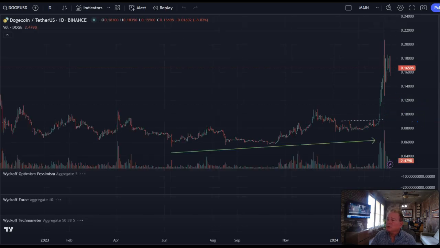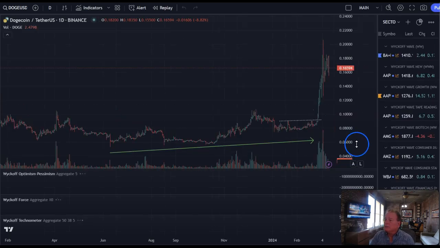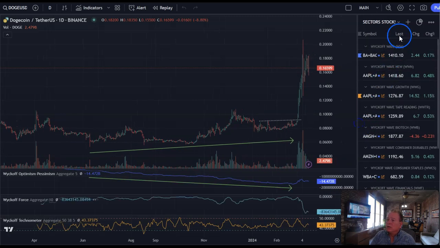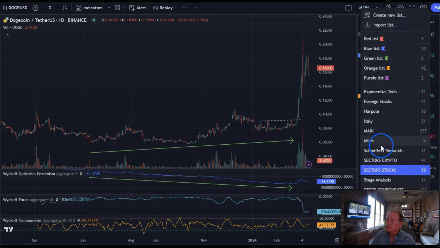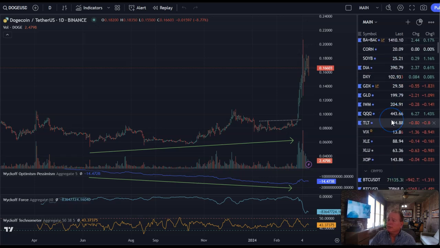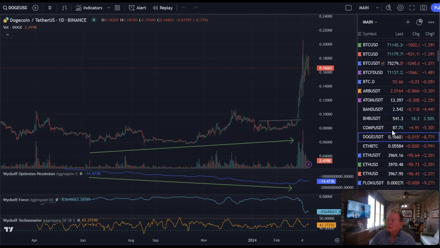Then I go back to my main, which is a layout I use for basically most of my trading or monitoring. Same type of thing, I make the list main. Then I've got Bitcoin at the top, Dow Jones, NASDAQ, etc. Some of the ETFs I trade, like GLD, XLE, crypto coins that we're monitoring for